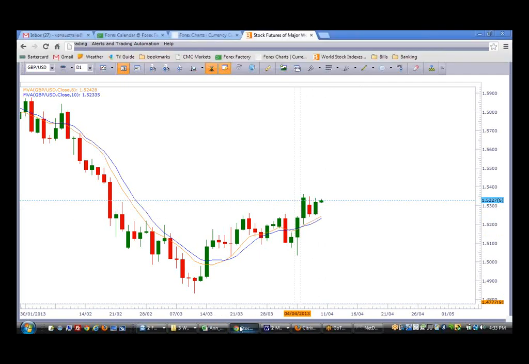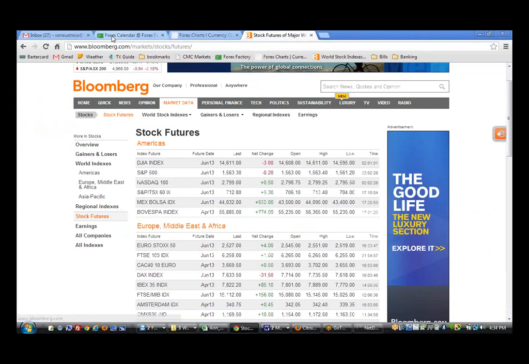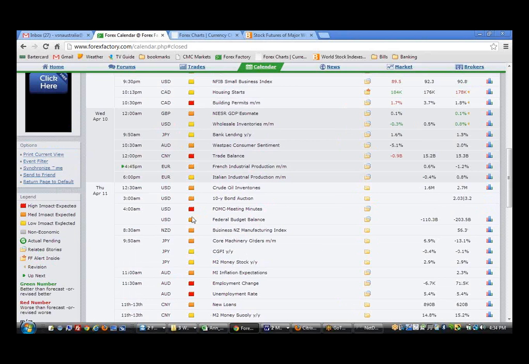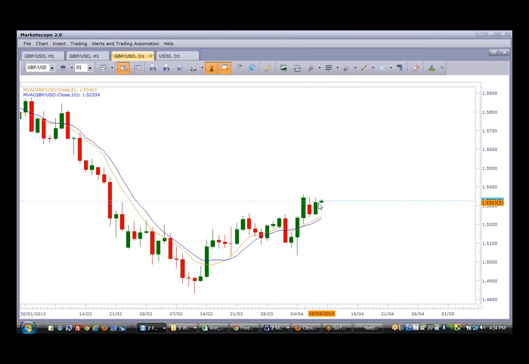For reporting, the only report that we can see is the Fed's minutes in the morning, but there's really nothing for the pound, only the euro and some medium reports for the US, and then the FOMC quite early in the morning, or about mid-afternoon your time. So in my view, since buyers are pretty much in control, I can see this going further to the upside. It needs to break this immediate supply area right here before it can continue to the upside.